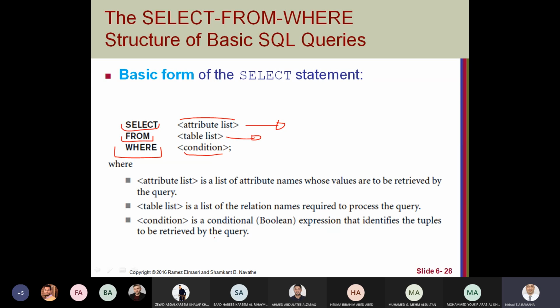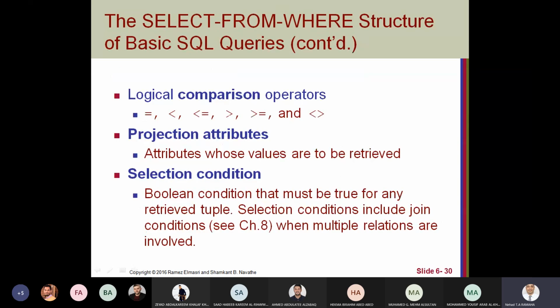This condition is a Boolean expression or conditional expression. So it will use comparisons like equal, not like C's double equal, less than or equal, greater than or equal, and not equal.